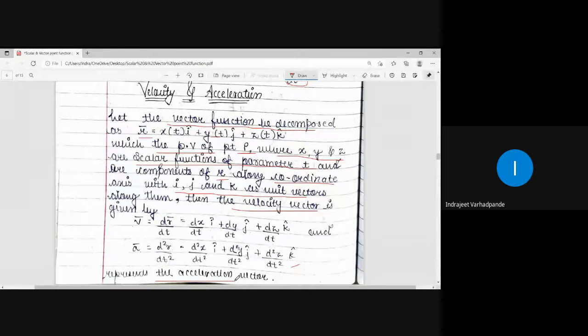The derivative of this velocity, that means the second derivative d2r by dt square, will represent the acceleration vector. So x, y, z are nothing but functions of parameter t. Appropriately, we take the differentiation and get the answer. There are certain various points which are associated, keeping in mind to solve